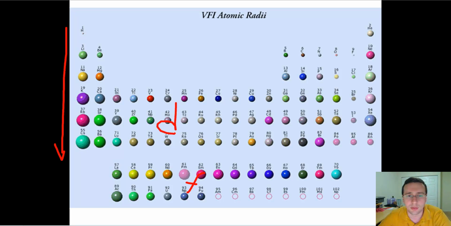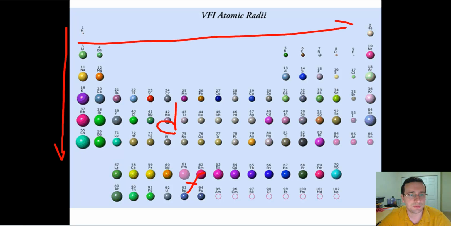But excluding the D and F blocks and the noble gases, which are going to be large, because remember, you're measuring this based on atomic radii of compounds, which don't really happen in noble gases. So this is sort of like a best guess of their size based on their lack of reactivity. But excluding the noble gases, there's a pattern of getting smaller as you go towards the right in the periodic